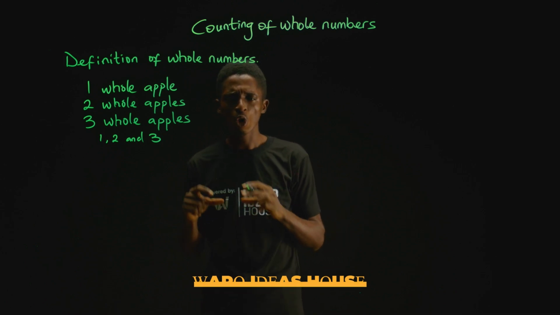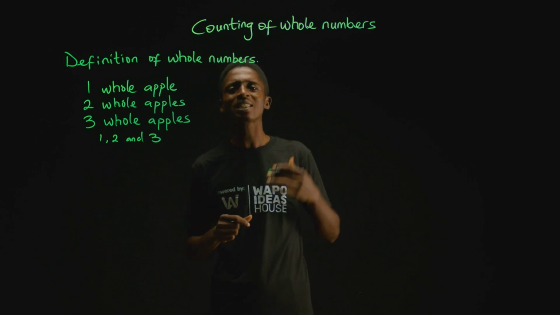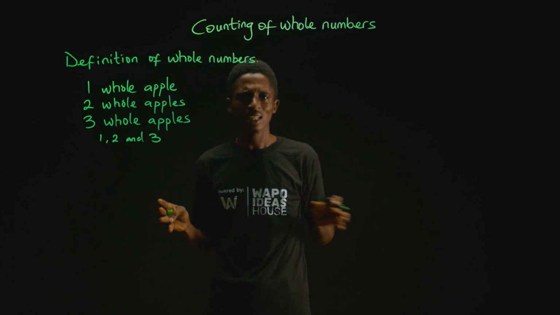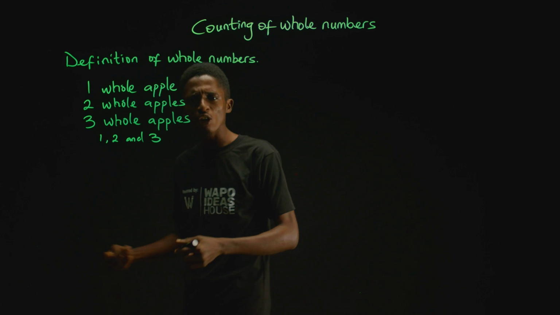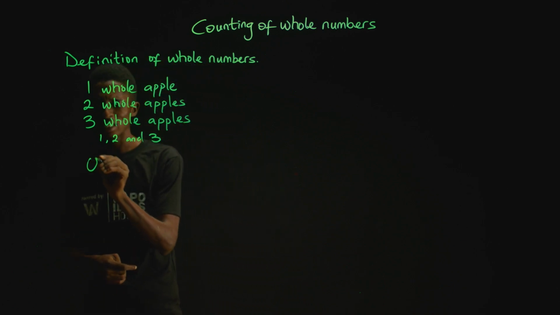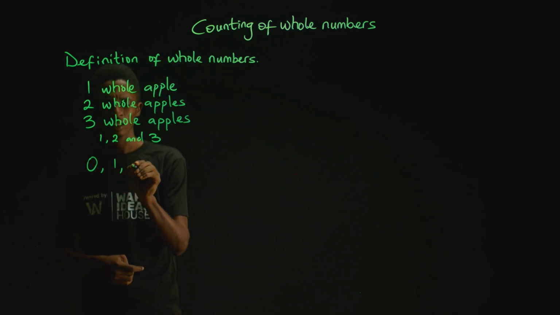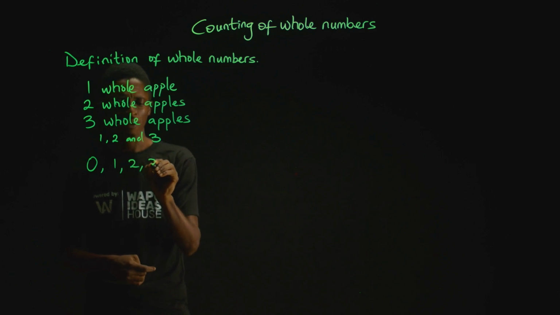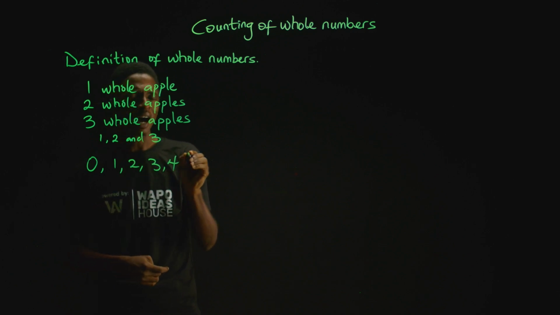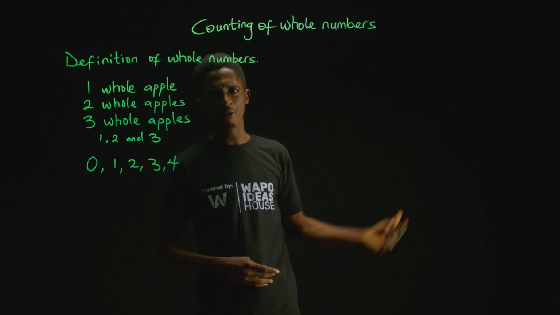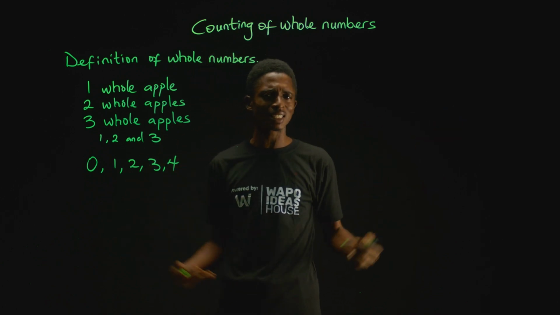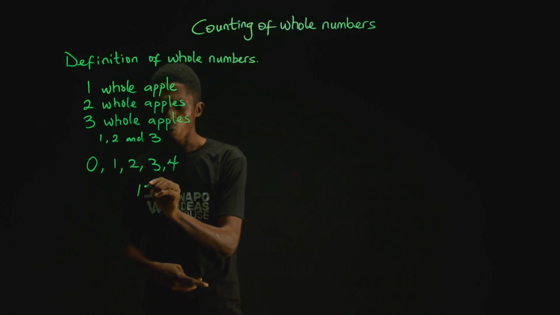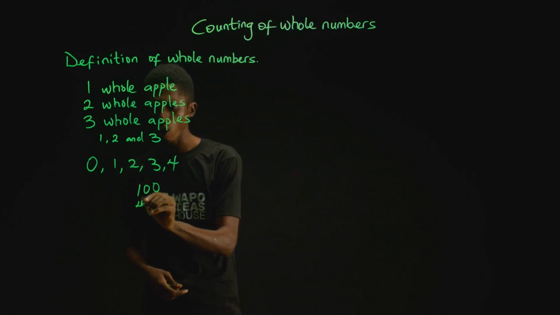Therefore, we can say whole numbers are numbers that are complete. They do not have any part or piece left out. These numbers include the number 0, 1, 2, 3, 4, and on. They go on forever. All these numbers can be combined to give you even larger numbers, such as 100, 400,